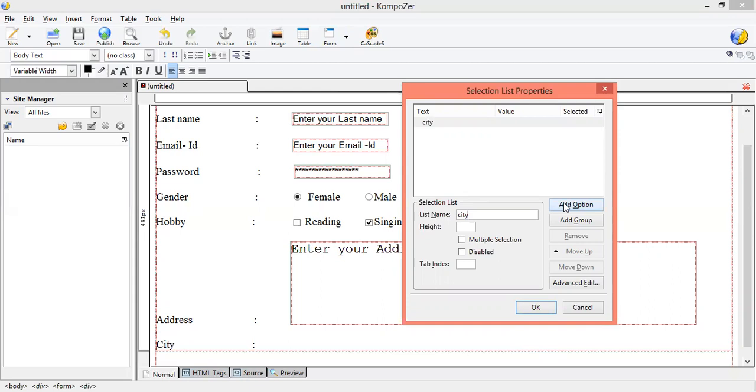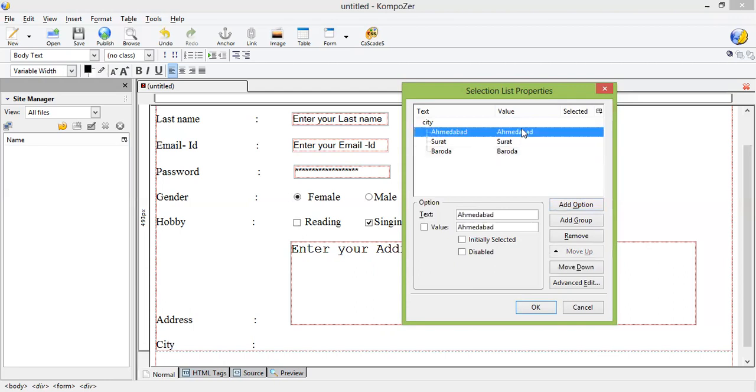Now we click on add option to add the city. Again, to add more options, if your city is Ahmedabad, you just click on it and initially check. Then click on OK.